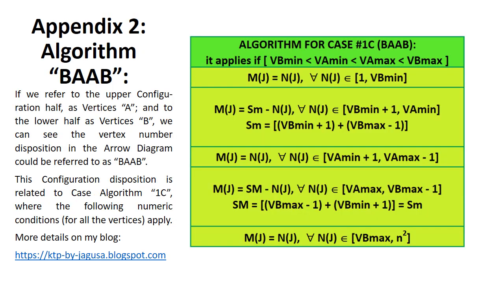Appendix 2, Algorithm B, B. If we refer to the upper configuration half as vertices A, and to the lower half as vertices B, we can see the vertex number disposition in the arrow diagram could be referred to as B, B. This configuration disposition is related to case algorithm 1C, where the following numeric conditions, for all the vertices, apply. More details on my blog,